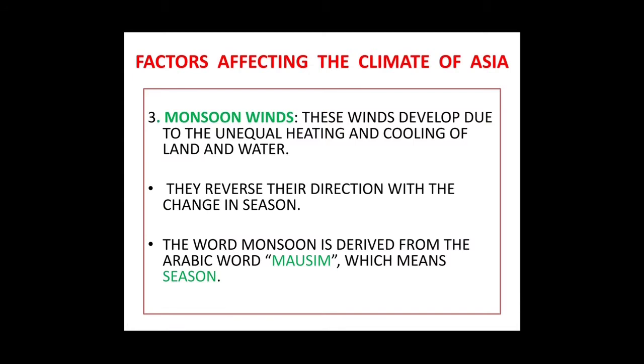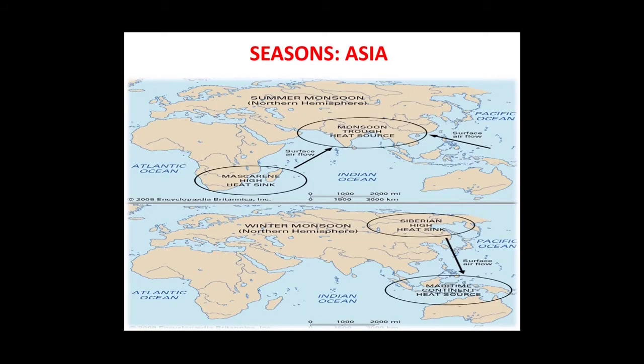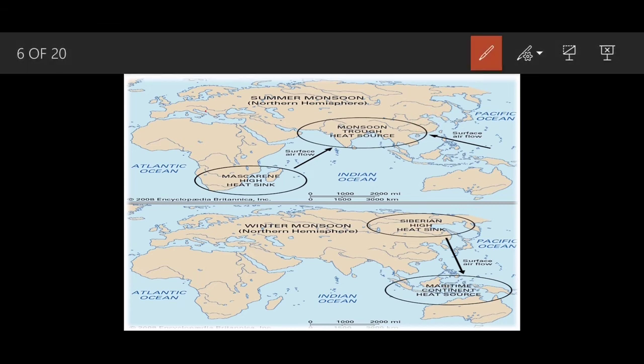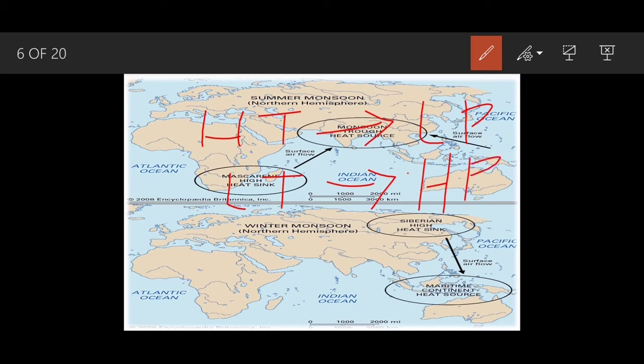Let's proceed. So we have the next factor, monsoon. As I told you, monsoon influenced the climate of Asia to a great extent, and we had talked that during summer, the land of Asia becomes very, very hot. So high temperature over the land gives rise to low pressure, whereas the sea is comparatively cooler. So low temperature over the sea gives rise to high pressure. And children, I taught you that winds blow from high pressure to low pressure. So this is the reason during summer winds blow,